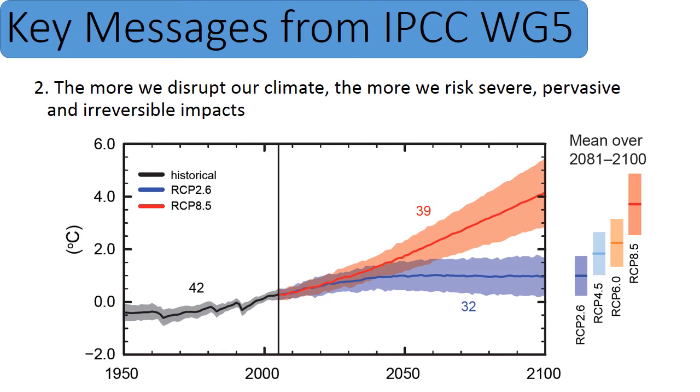All right, so if we emit less carbon dioxide, then our global temperatures will not rise as quickly. However, the red line shows what will happen if we continue to emit carbon dioxide at the rate that we are emitting it now. And you can see that the temperatures are expected to rise significantly. All right, so the amount of carbon dioxide that we emit in the future affects how hot it will be in the future. All right, very basic.